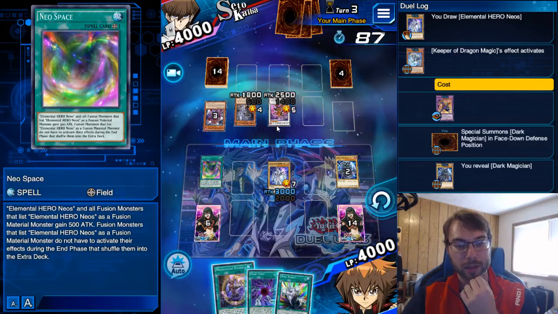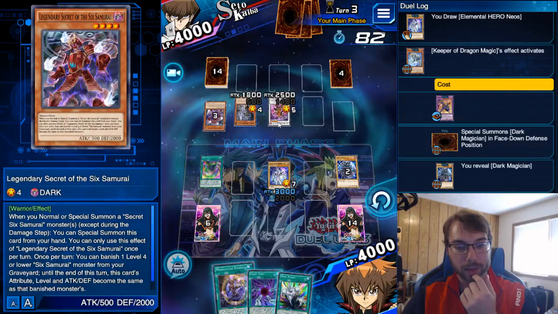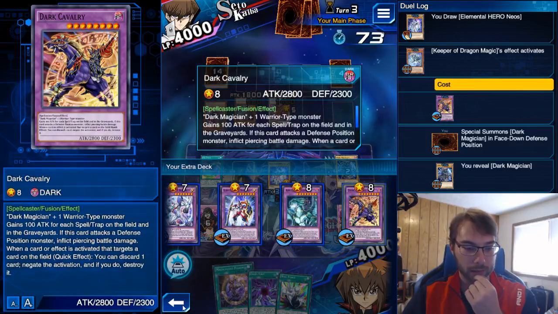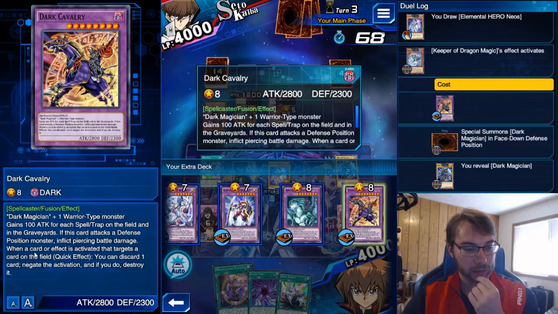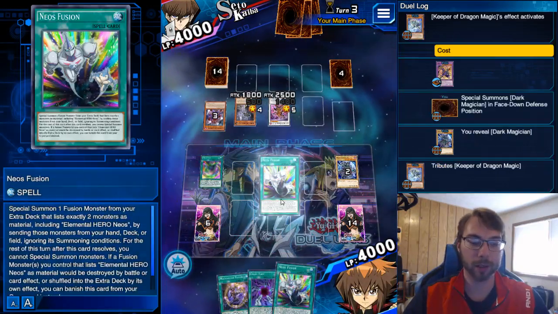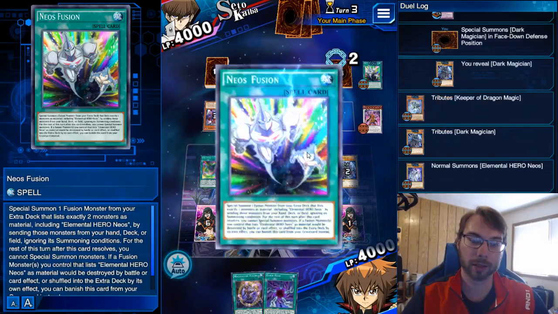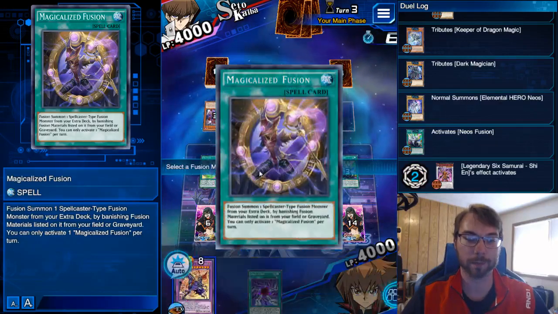I don't know though, because I could get the Dark Cavalry. I think the Dark Cavalry would be a good idea. Because, let's see, when a card that targets a card on the field is activated. Yeah, I want the Dark Cavalry. So we're gonna hope that he negates our Neos Fusion. We want Dark Cavalry, because we can start negating, like if he gets ourselves...